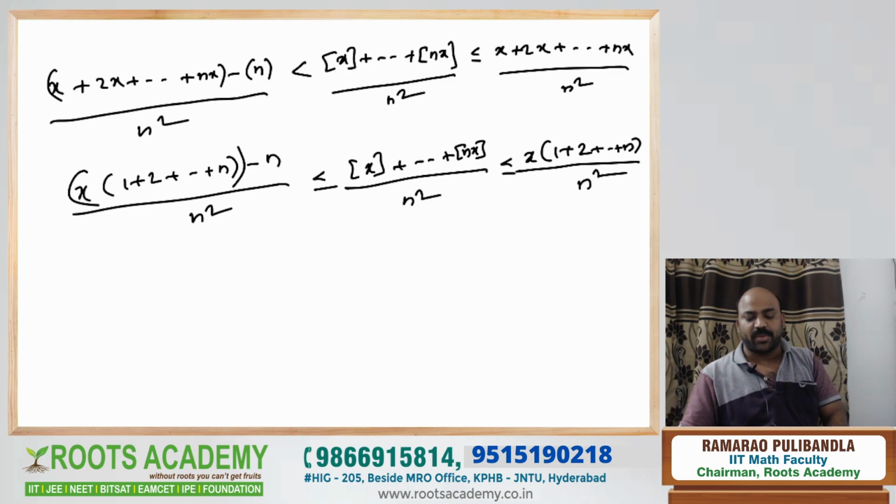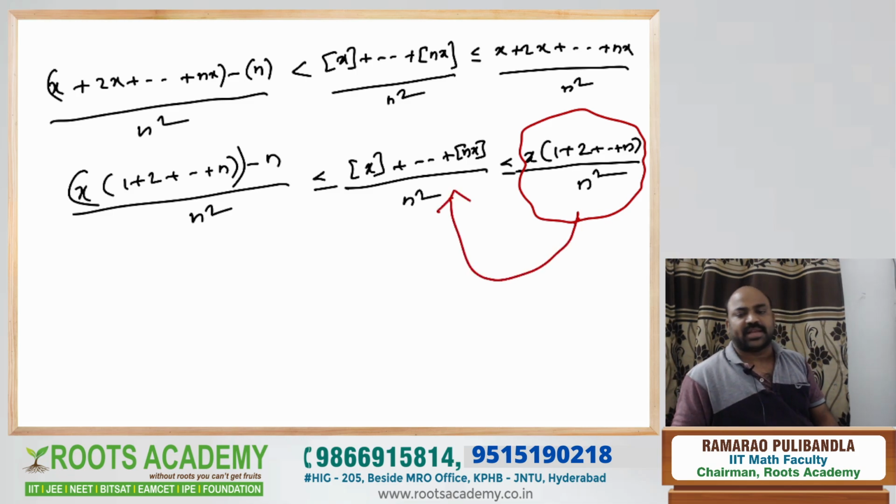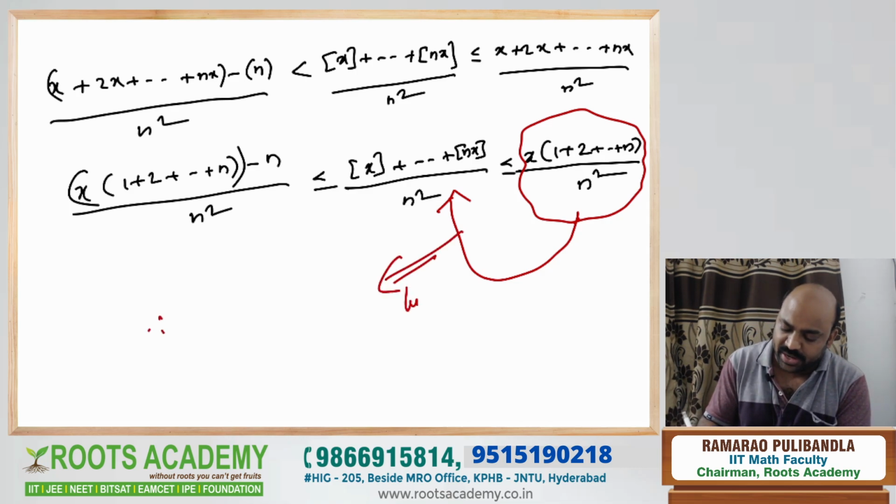Are you able to follow me? The same thing, na? So if I get the limiting value for this right hand side, this limiting value is equal to this only, na? That's what the sandwich theorem is saying, na? So can you simplify and get the limiting value for this? So limiting value for it is